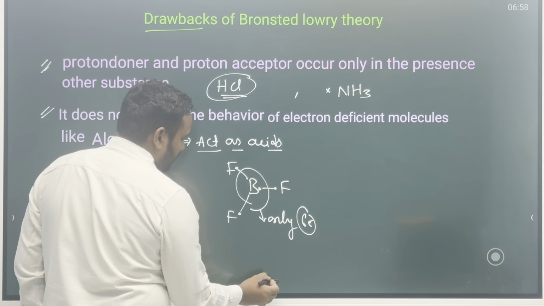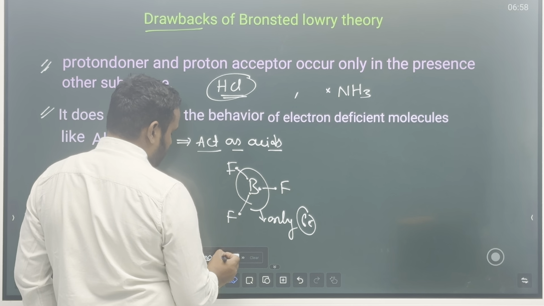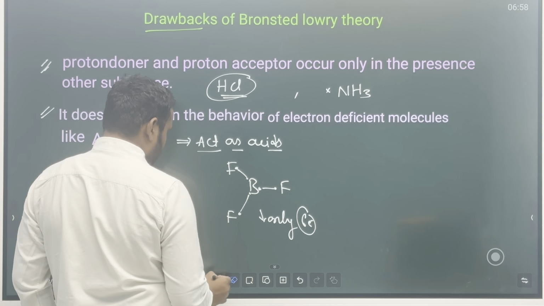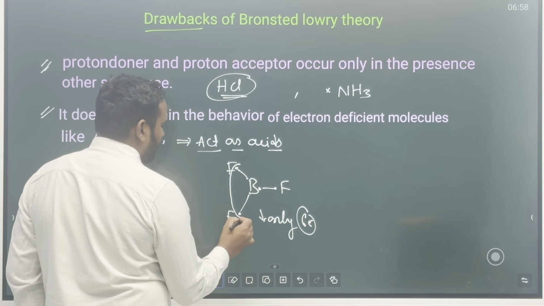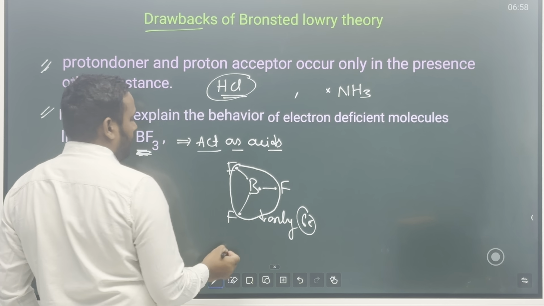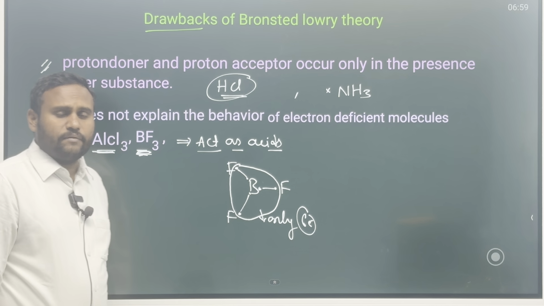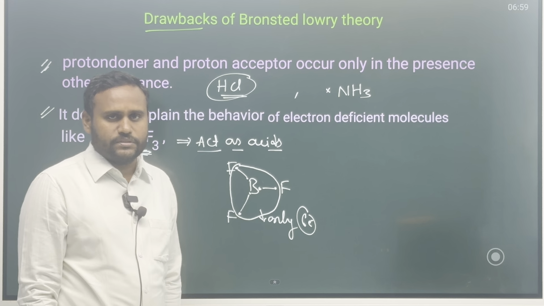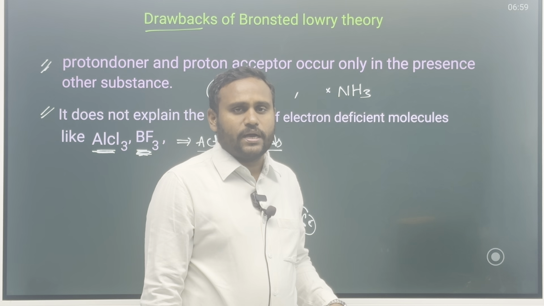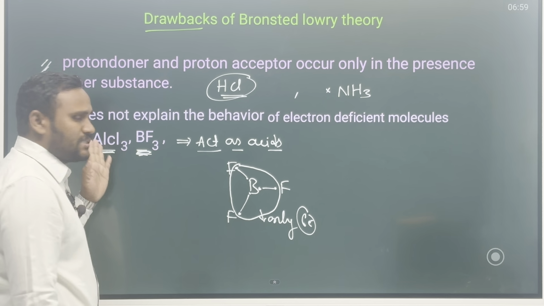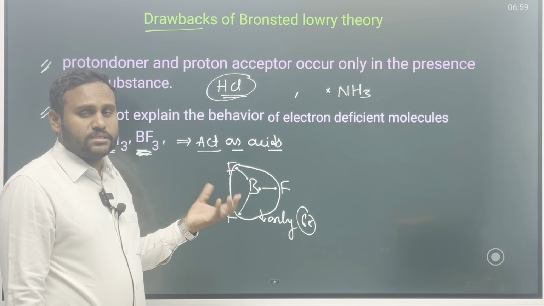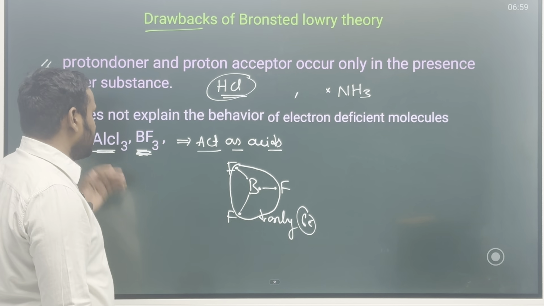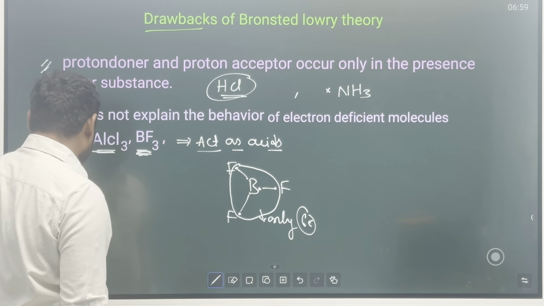So totally how many electrons does it have? Only 6 electrons, even after bond formation. Okay. So it is an electron deficient molecule. Like aluminum chloride also, it is an electron deficient molecule. So these also act as acids. But this Bronsted-Lowry theory does not explain the acidic nature of this type of substance. Okay. Next,